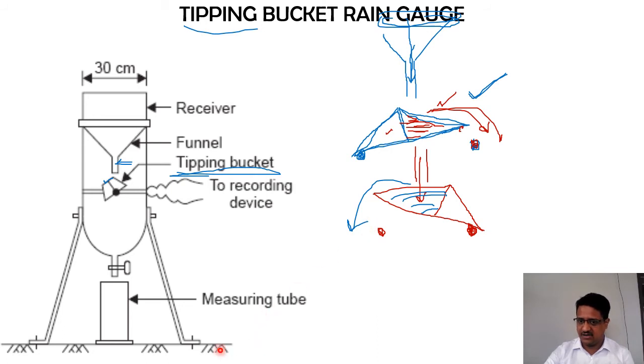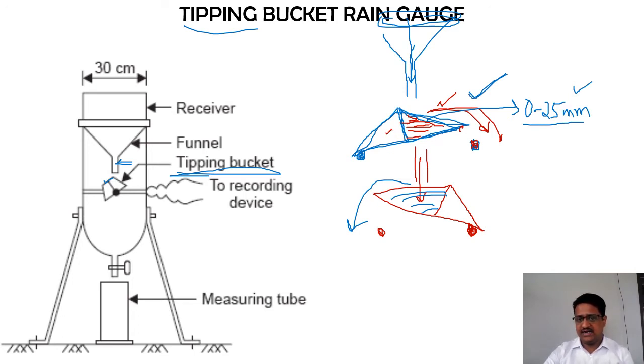Okay, and now here, as per the standards, each tip of that bucket, so that is the quantity of water that is going to be stored in each section of this tipping, will be 0.25 mm. What you can say is, if you count the number of tippings which occur over here, multiplied by 0.25, you are going to get the actual quantity of rainfall that has occurred. So imagine, this has tipped.